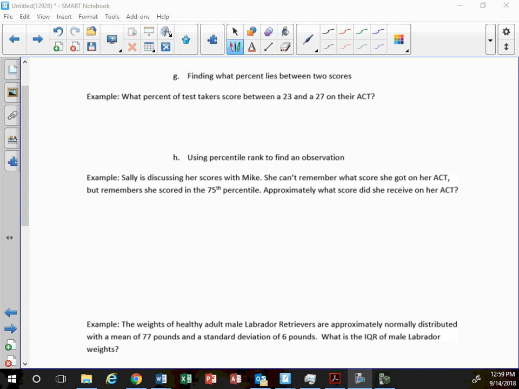All right, guys, walking around, it looks like most people got there. If you need to, make yourself a picture. We know the mean was 21, so 23 and 27 are somewhere over here. I want to know what percentage is in there. Does it make sense that 23 is the lower and 27 is the upper? And then your mean is 21, your standard deviation is 6.